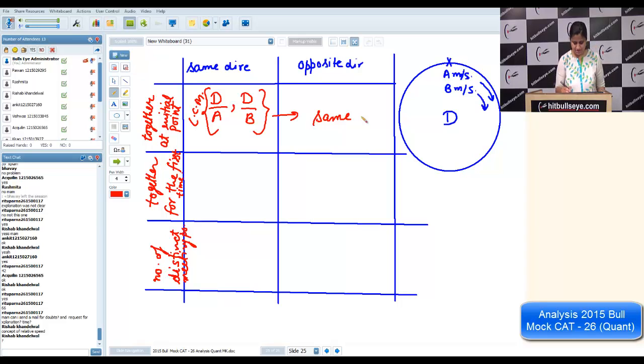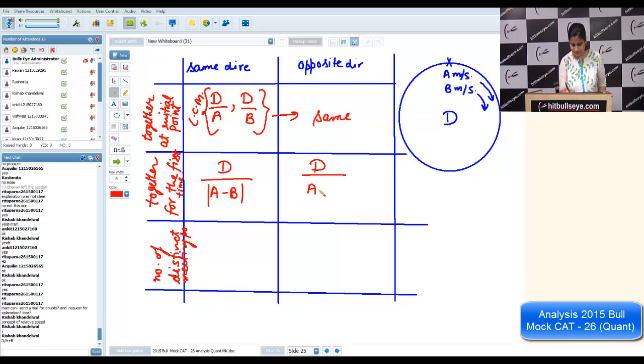Yes, Risha. Now coming to together. When will they be together for the first time ever? Answer for this will be d upon modulus of a minus b, whichever is greater. It can be a minus b, it can be b minus a. Because they are moving in the same direction, relative speed will be subtraction. In the opposite direction case, it will be d upon a plus